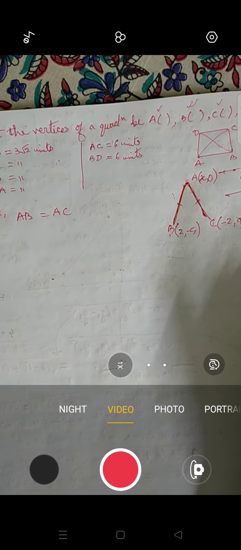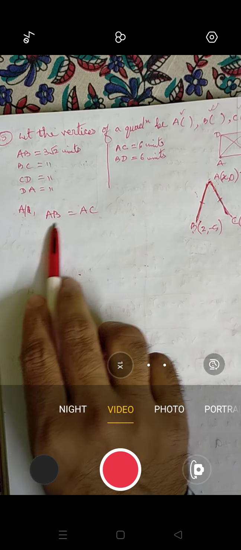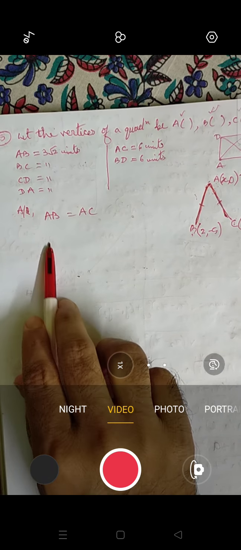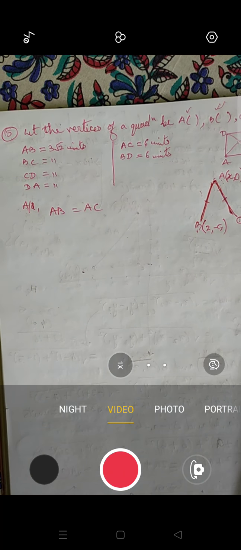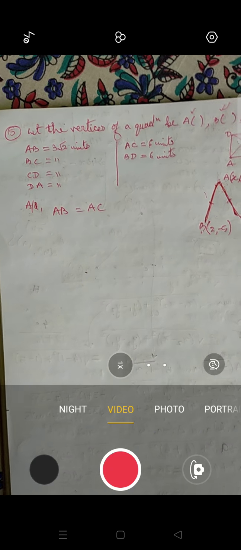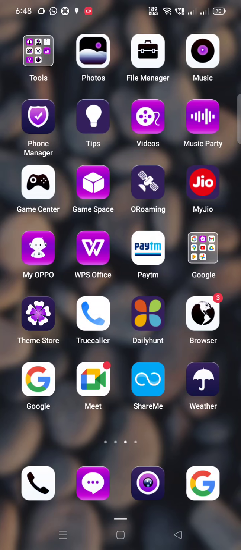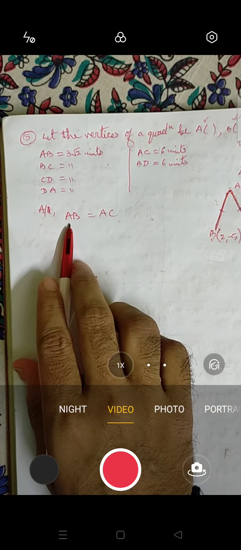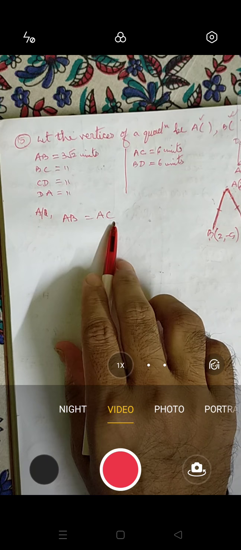But if you are writing the formula for the distance of AB, then you will be having a root over it. Yes or no? Because the formula says if you are finding the distance of anything, then it will become root over whatever the formula is. So you are having root over or not in the formula? Yes or no? So you will be having root over here also, root over here also.